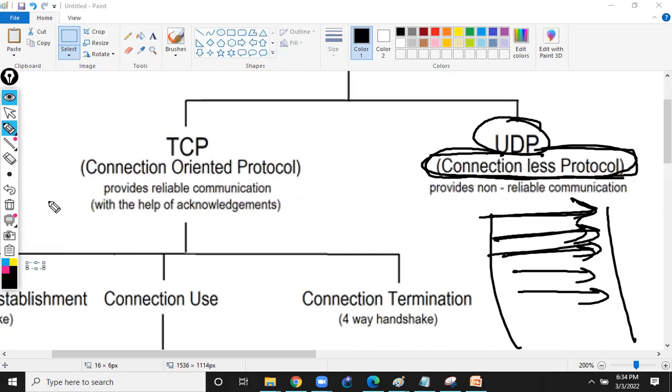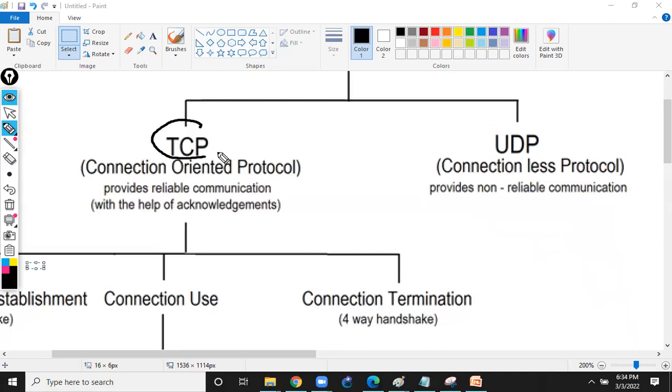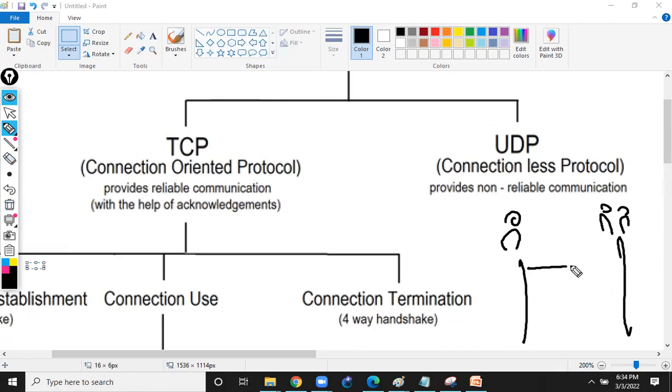Now, one more thing. TCP provides reliable communication. That means, suppose I'm teaching you. This is myself and these are you guys. Suppose I'm teaching you something and you are nodding your head like this, yes, you have understood. Right. So I can say this is